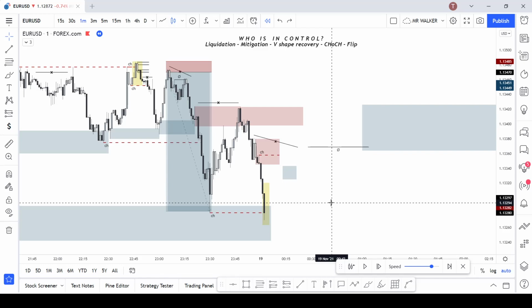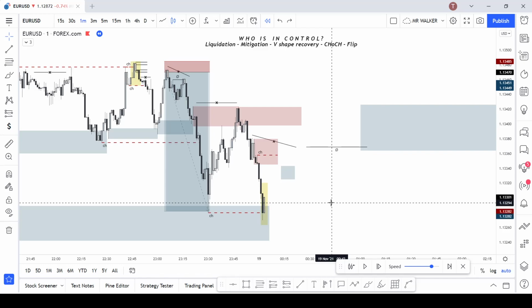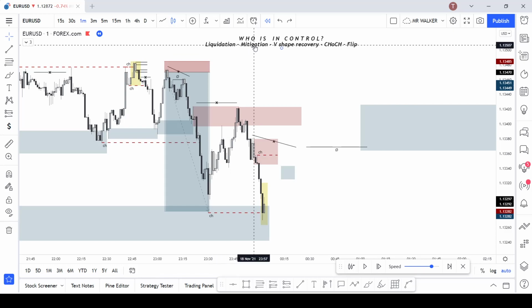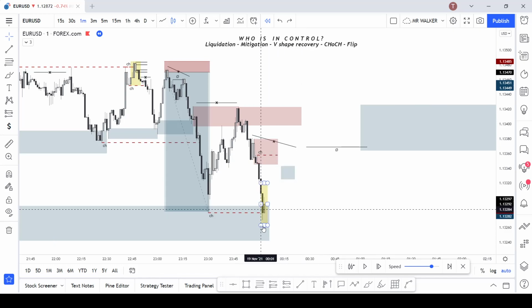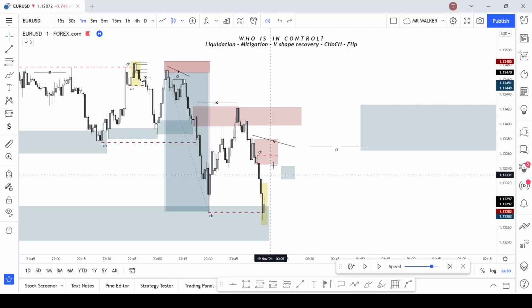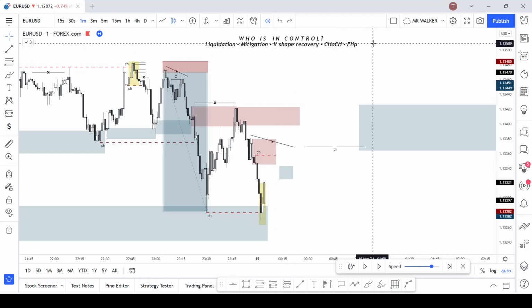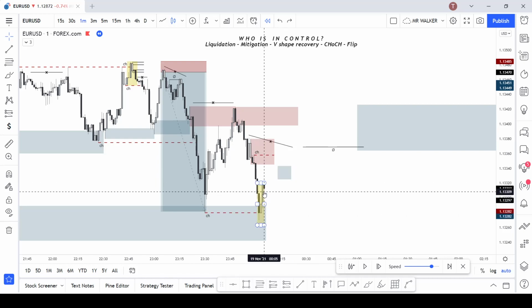gonna be looking for some long opportunities. And what we want to see a liquidation of sellers. We want to see a mitigation of a zone. We want to see a V-shaped recovery, which is a aggression. Okay, we then want to see a change of character in the flip, and as you can see, we have